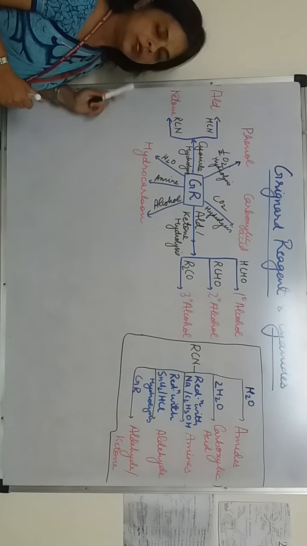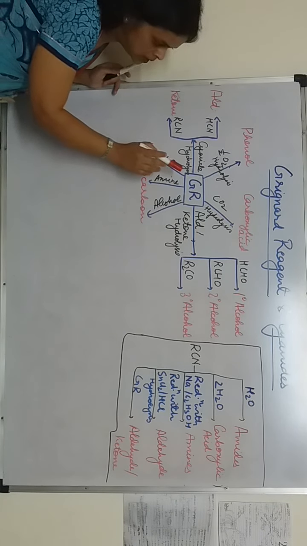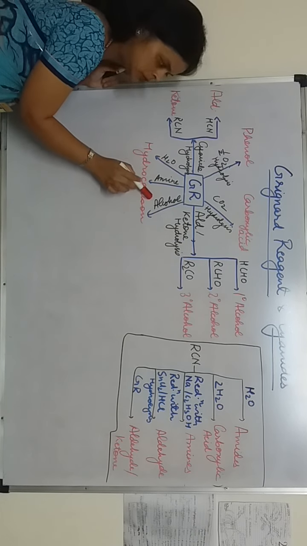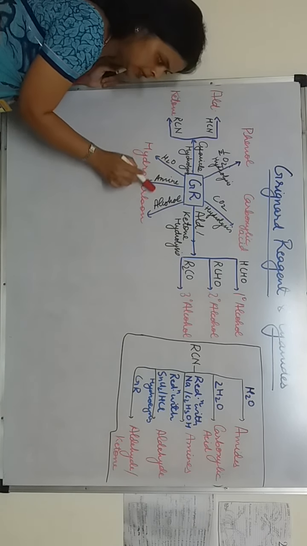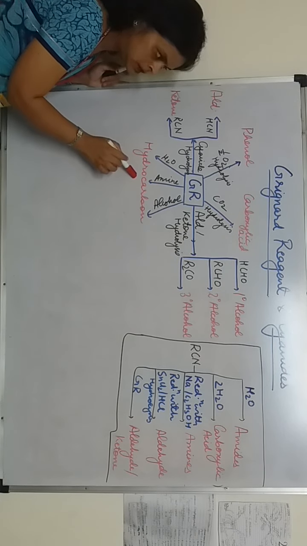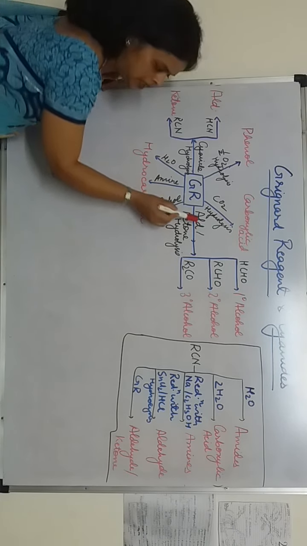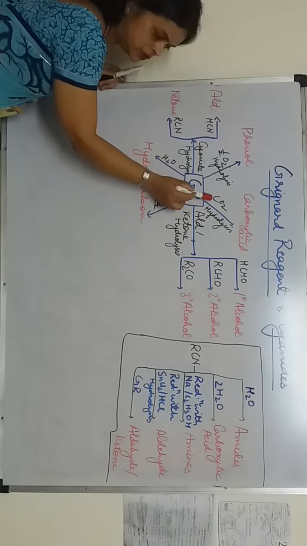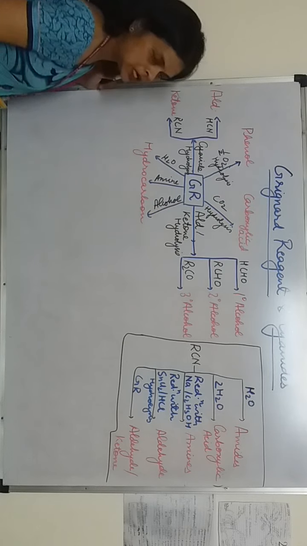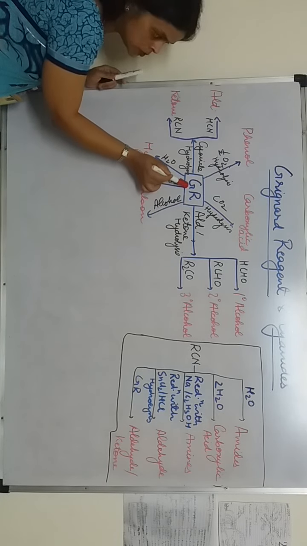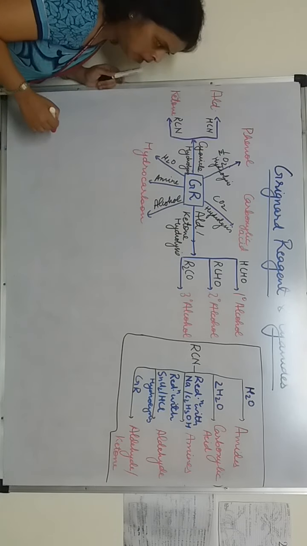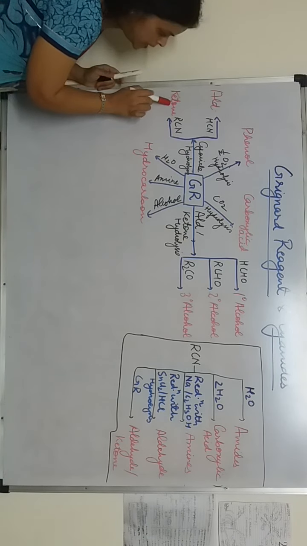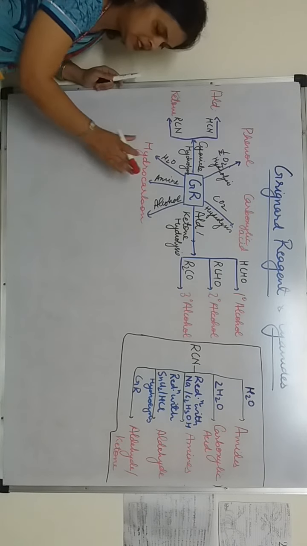Grignard reagent is a very important compound. It can be used to convert compounds containing active hydrogen like water, amines and alcohols into hydrocarbon. It can also be used to convert aldehydes and ketones into alcohols. It can also be used to convert carbon dioxide into carboxylic acids. It can also be used to make phenol, and Grignard reagent can also be used to convert cyanides into aldehydes or ketones. Let's see their reactions.